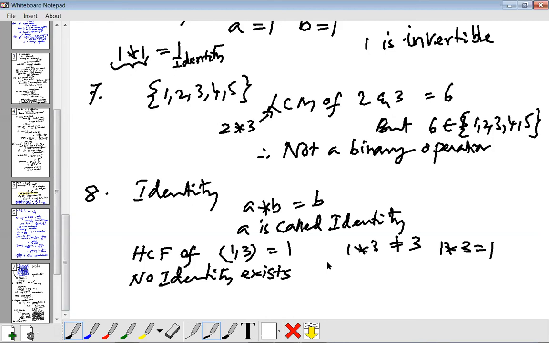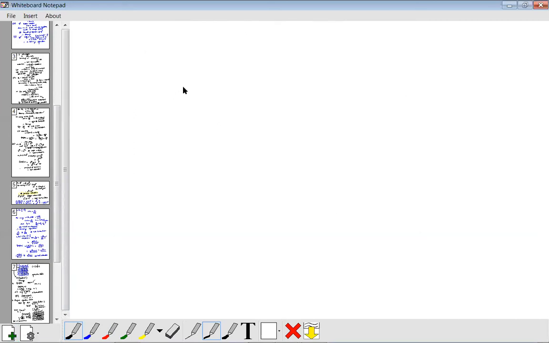Second one, A squared plus B squared is commutative. Whether it is associative or not, I will write down for that. Okay. Only the tough questions I am doing. Okay. Easy ones I am not doing. So the second one,